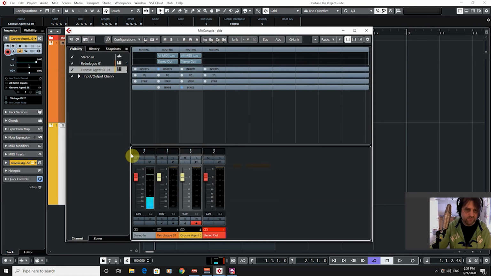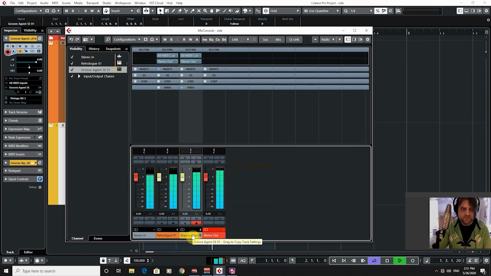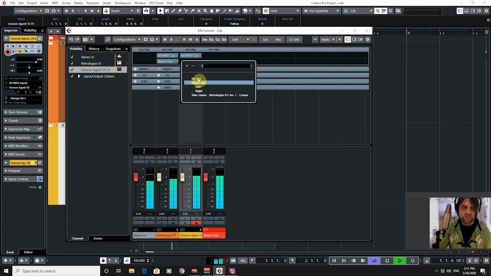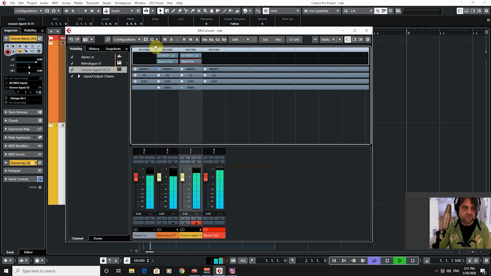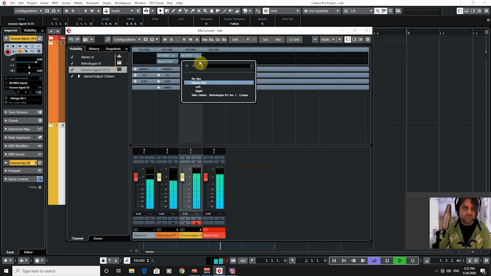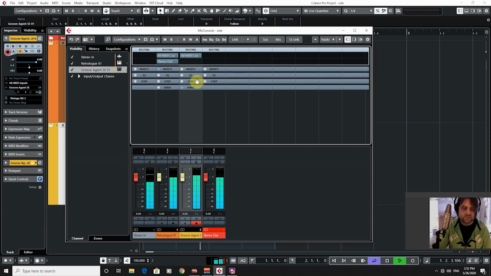and you can see here, Groove Agent, this is our drums, and at the moment we're going to a stereo out. If we just take that to a no bus at the top, so you see in our routing, all of them at the moment are going here to our stereo out. But as soon as we set that to no bus, the audio is no longer travelling out to the stereo out. But it's still working